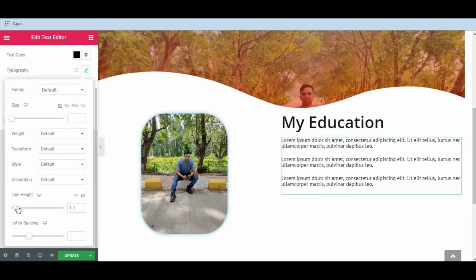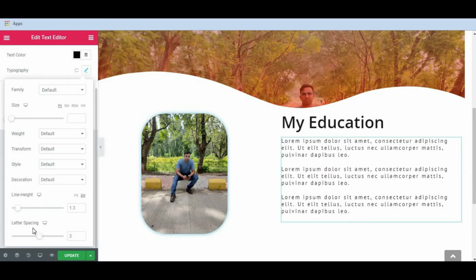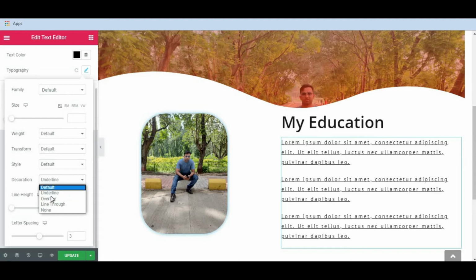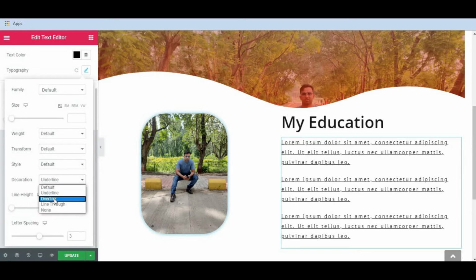Line height, letter spacing, and I will keep line height default. And letter spacing I will keep 3. Decoration, underline, overline.